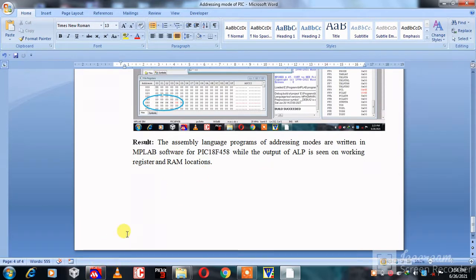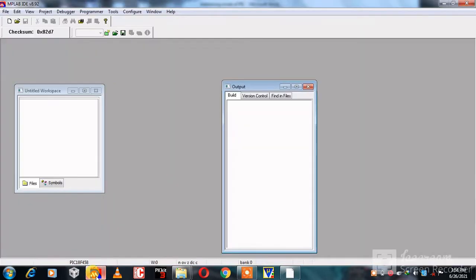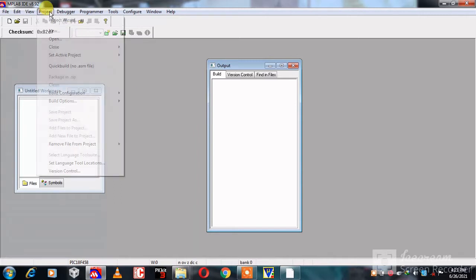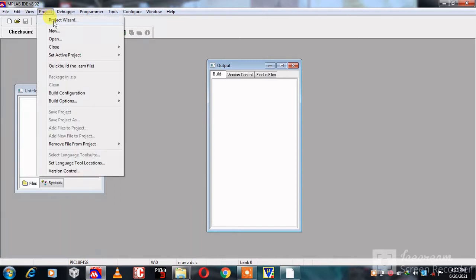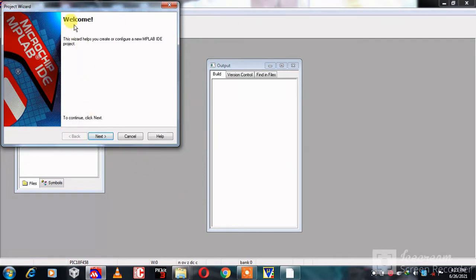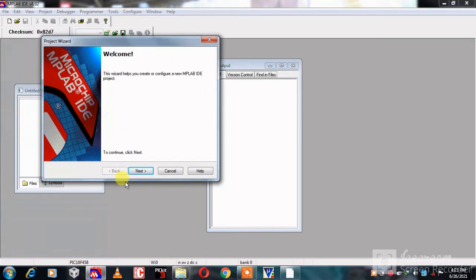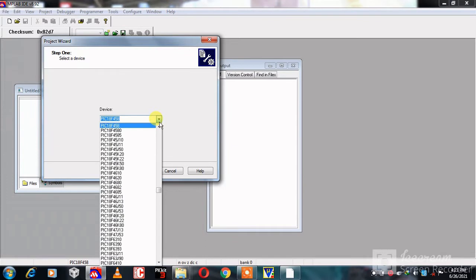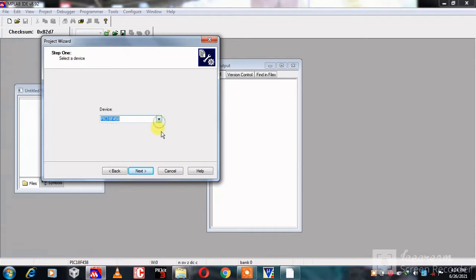Initially double click on MPLAB icon and open it. For making of project, click on project, then click on project wizard. Now here a new window opens. Welcome. Click on next. Here these are the PIC ICs, but we have to select PIC18F458 and then click on next.